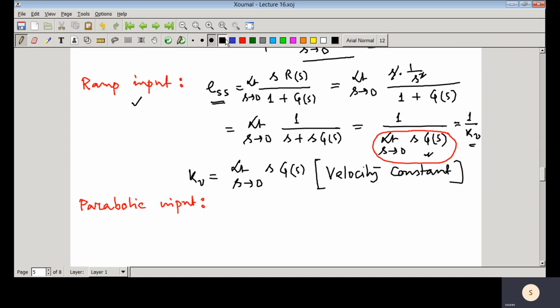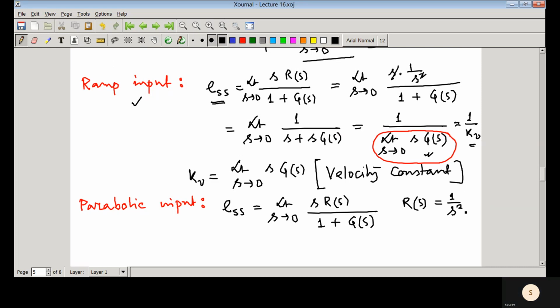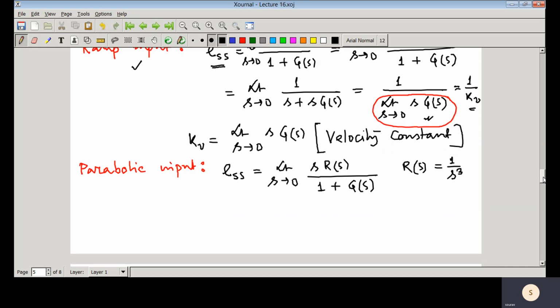So in the same way, the steady state error ESS is equal to limit s tends to 0 of sR(s) divided by 1 plus G(s), for a unity feedback system. We have that expression. Now that R(s) would be 1 by s cube, because if you take a parabolic input, then in place of R(s) you replace 1 by s cube, and then you have limit s tends to 0,